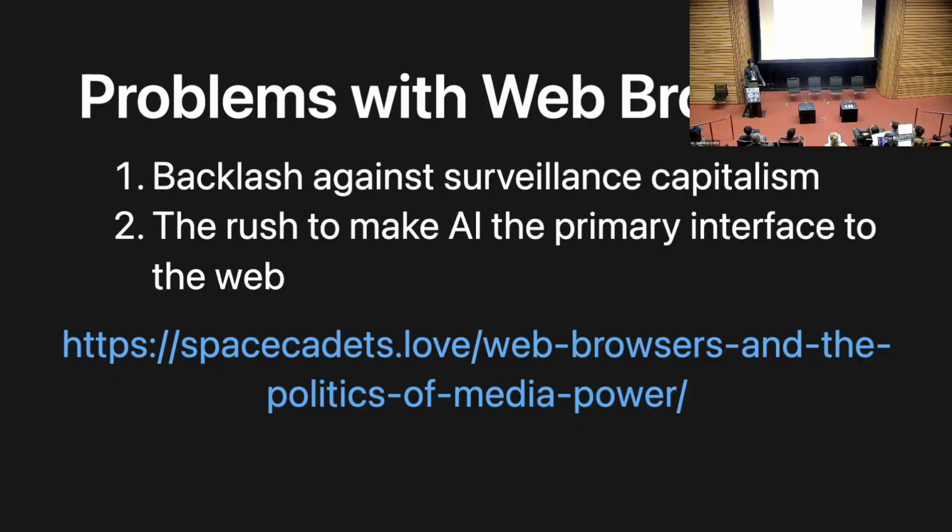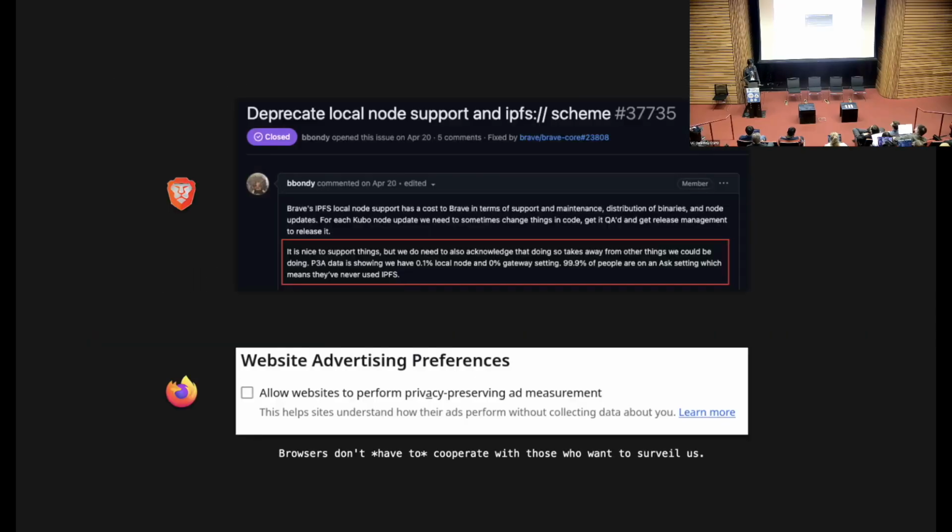So web browsers are running after profits. They are making AI first interfaces where AI is forced. These are some of the big examples. I'm not gonna even talk about Google Chrome. But yeah, this is Brave and Firefox. So Brave backed off peer-to-peer support a few years ago, and Firefox introduced ad preferences.